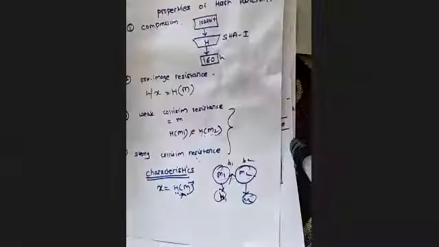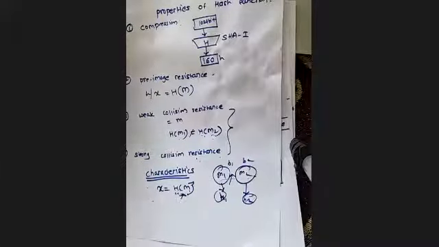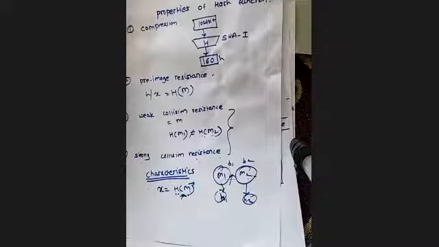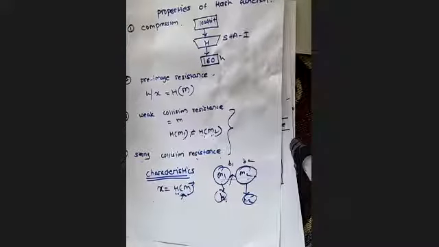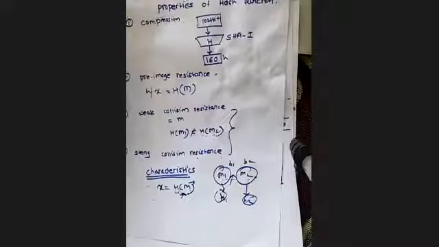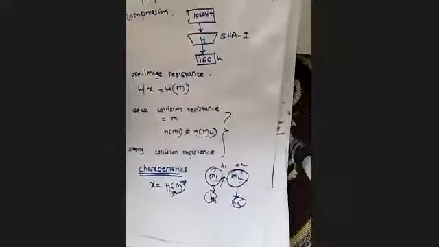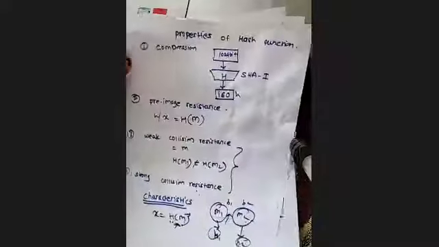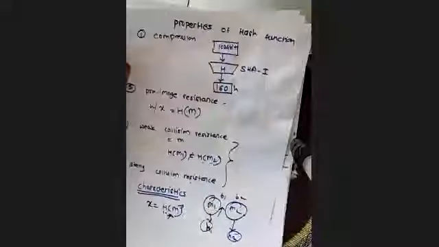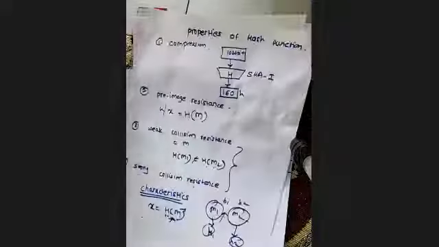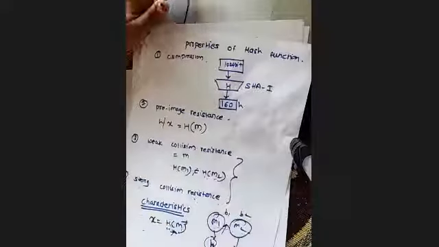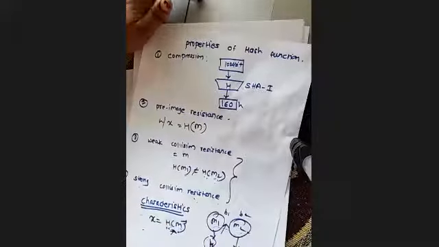Now under this hash function we have different algorithms like MD5, SHA, and one more. And after that we have to discuss the digital signature. Digital signature is also dependent upon the hash function. Digital signature concept आपने सुना होगा, right? So that method is also dependent upon the hash function, which we will discuss in the upcoming sessions. Fine. So today we will stop here and mark your attendance.